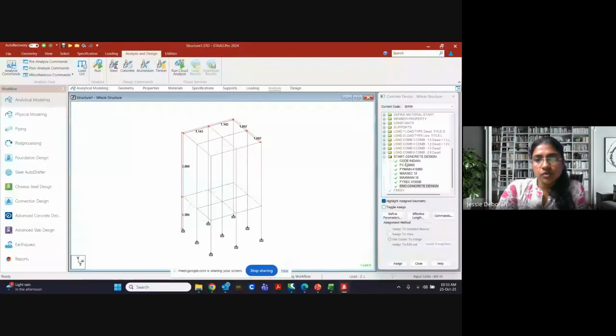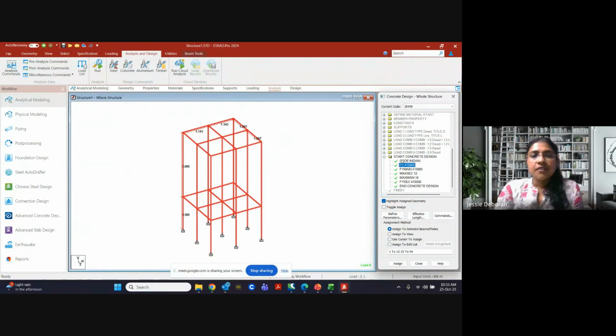Good, Jitendra, good that you took this to reply. Okay. Now here, if you see for the entire structure, what is the grade of concrete? Is that going to change for any of the elements? No. So that is why I have assigned it to the entire structure. And for all structural elements, I want maximum secondary reinforcement to be maximum of 12 dia, and for all structural elements I want the main rebar to not exceed 16 dia. So that is why I have given this. Okay, right. So now our analysis is over.